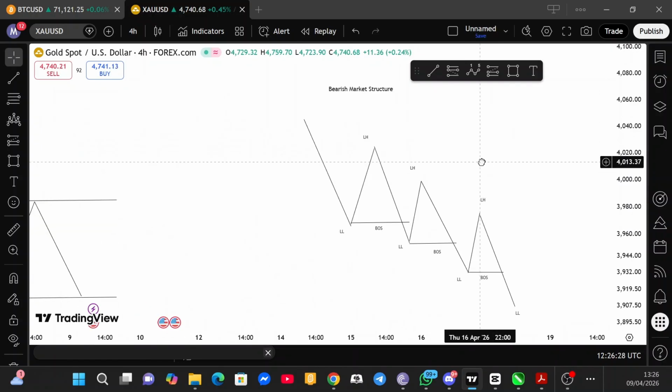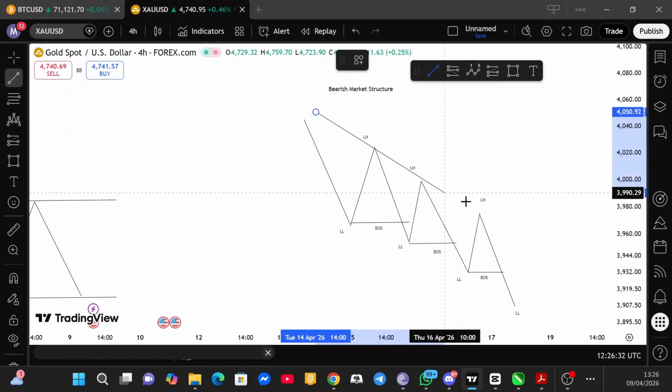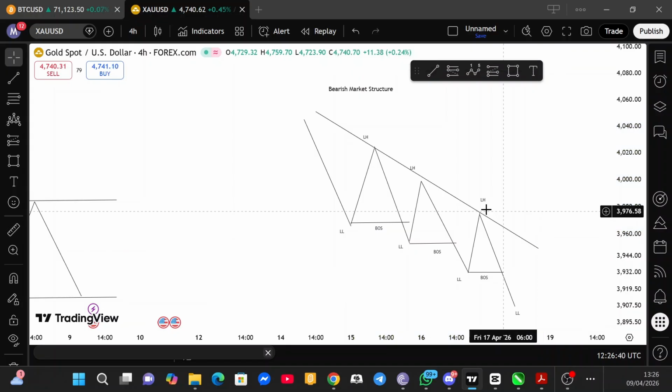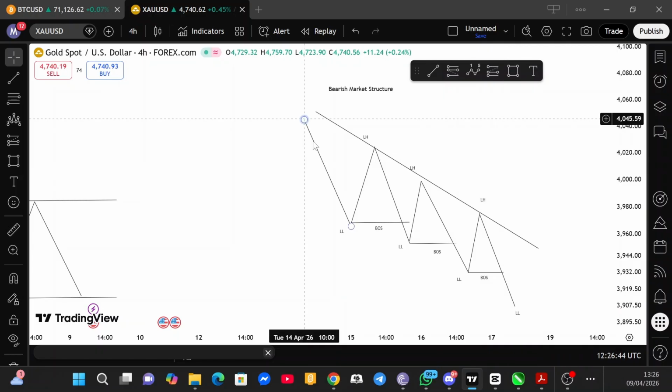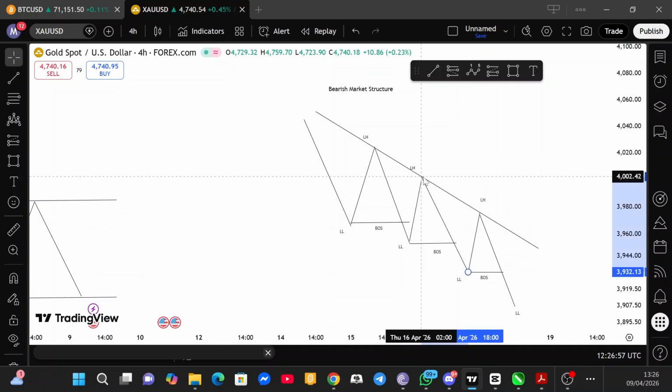Now, in a bearish market, we can also draw our trend line. You see the market creating lower highs and lower lows. Now, if this market is dumping from this point and then it pushes to the upside and taps our trend line, and then pushes to the downside, and then it comes back here and taps into our trend line again,